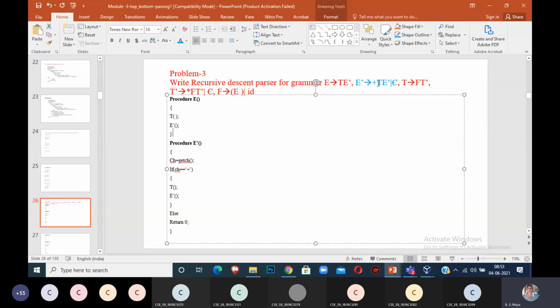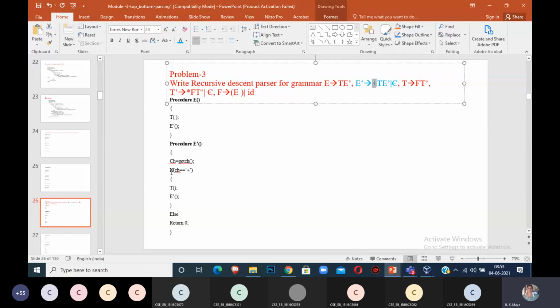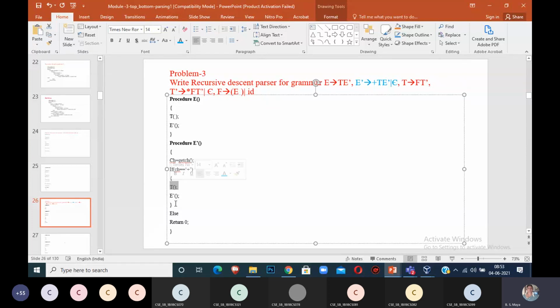Because the input symbol is plus, I have to read with the function ch is equal to get character. When the get character is equal to plus, whatever character I am reading, plus is a match. Then you advance your input pointer, it will go to T. T is your non-terminal, so you call the function T, open parenthesis, close parenthesis.